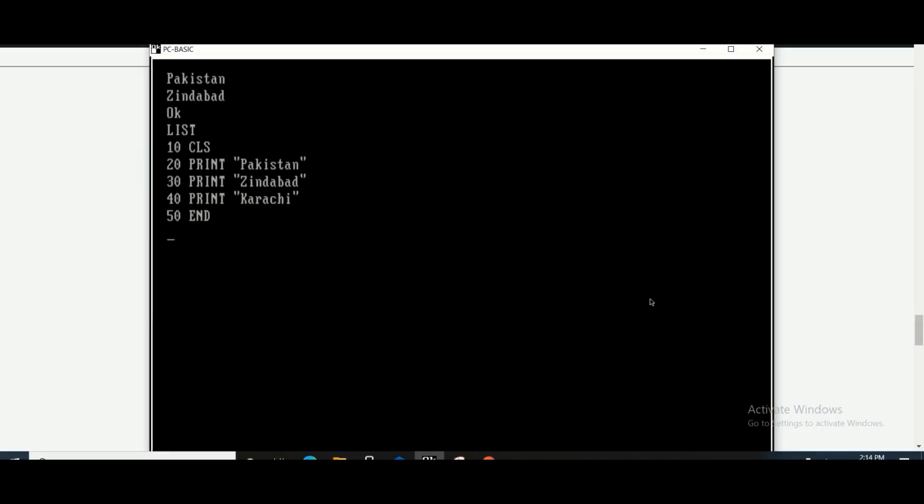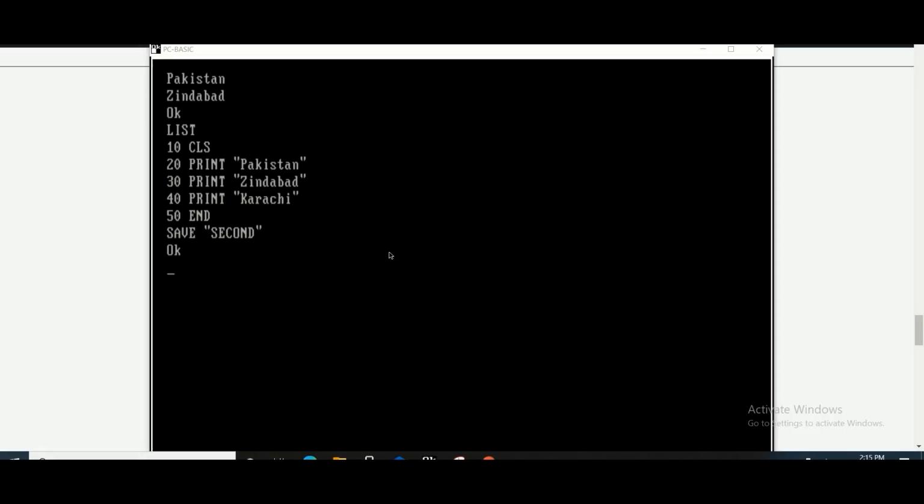Now what I have done, I have made some changes. I have debugged my program, quite possible. I have made some changes and now I want to save it again on the hard disk. So the same name I will use, and I write here second and press the enter key.